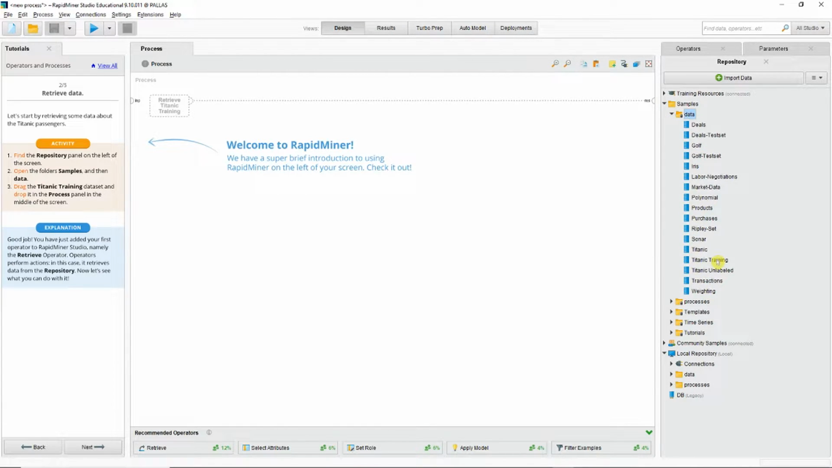So the Titanic data set is a very famous data set. It is a list of records of the passengers on the Titanic, the different attributes of each passenger, and whether or not that passenger survived. You'll see that RapidMiner has 3 different versions of this data set: Titanic, Titanic Training, and Titanic Unlabeled. Titanic Training is the cleanest data set. It's been heavily prepped by the authors of the software for analysis, and so it's good to use for these